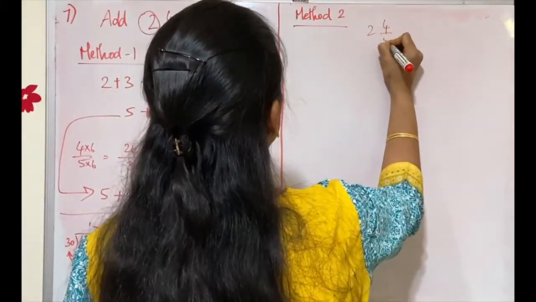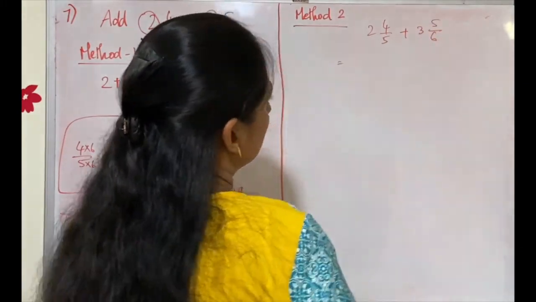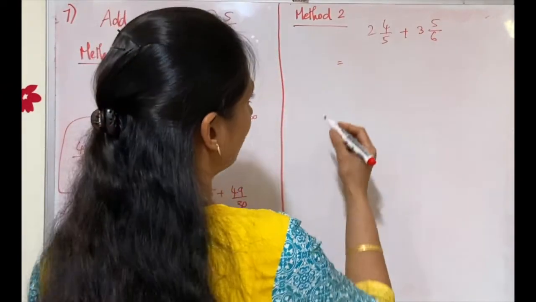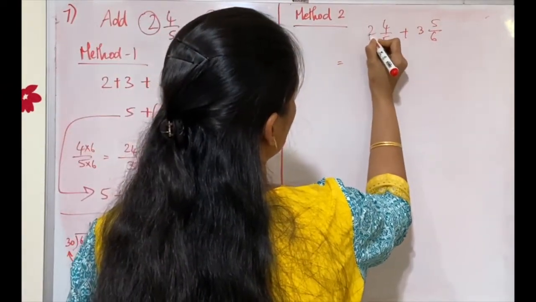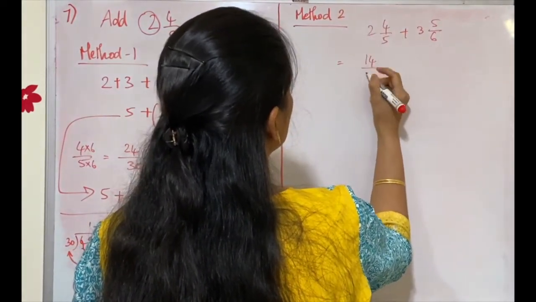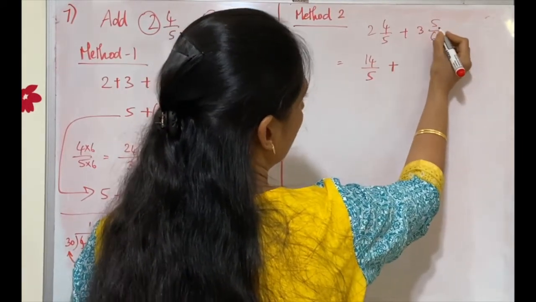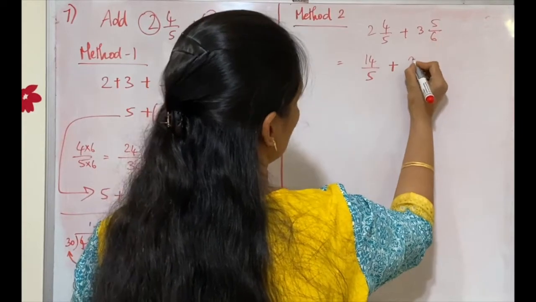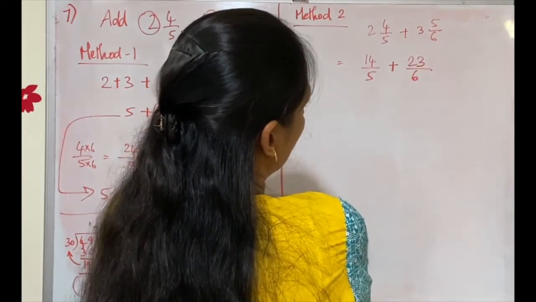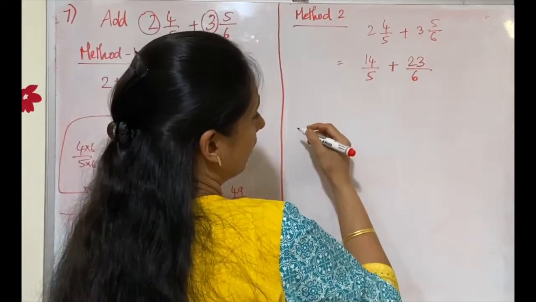2 4/5 plus 3 5/6. Now in this step, instead of adding, I will first convert these two into improper fractions. How? 2 into 5 is 10. 10 plus 4 is 14. This becomes 14/5. Plus 6 into 3 is 18. 18 plus 5 is 23. This becomes 23/6. Am I right? 6 3s are 18. Yes. Okay. Now again we have the LCM,